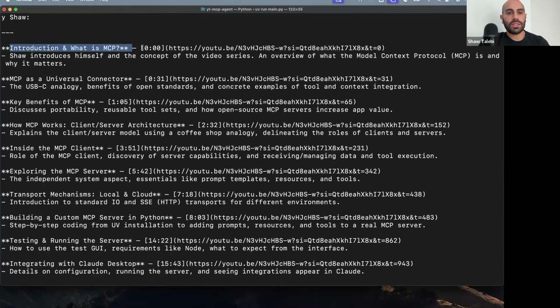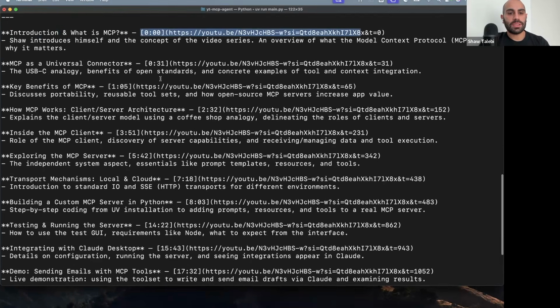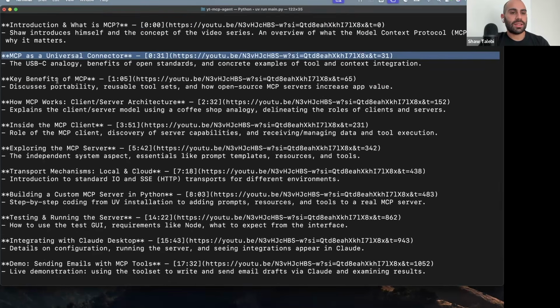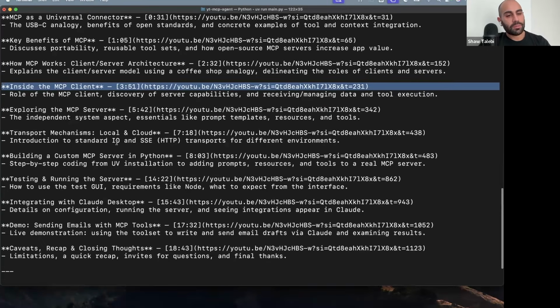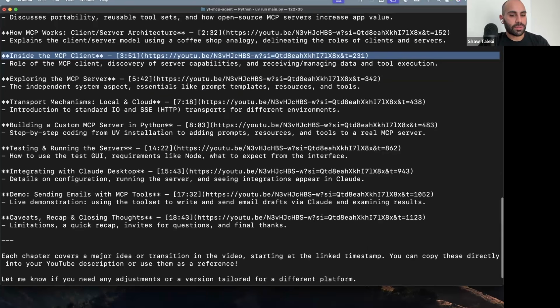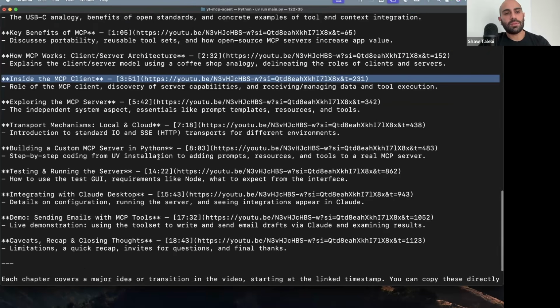So we have an introduction, and then it's going to give us a link and a timestamp. Let's see, MCP as a universal connector, key benefits of MCP, how MCP works, inside the MCP. So I feel like this did a pretty good job. Maybe it's a little too granular for my preferences, but that's something we could actually improve